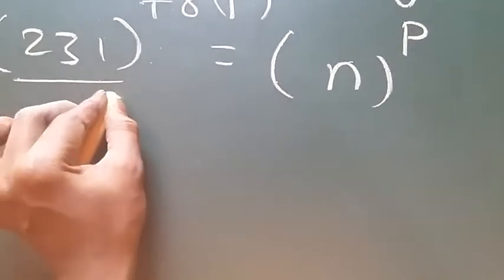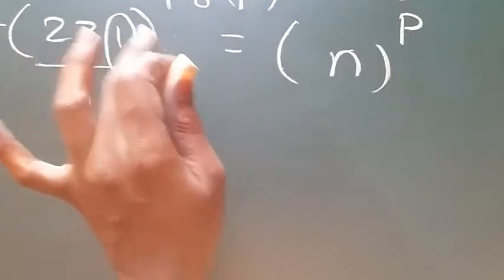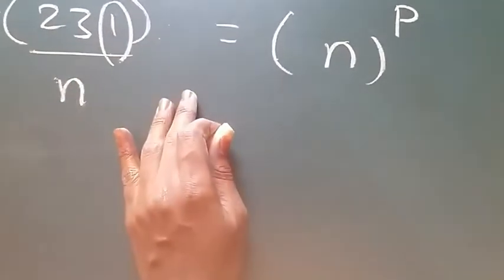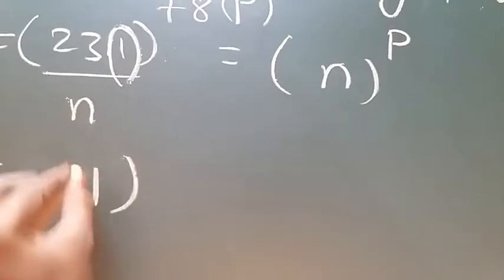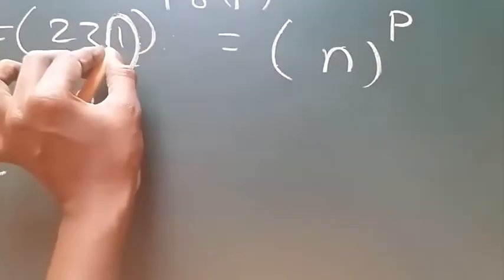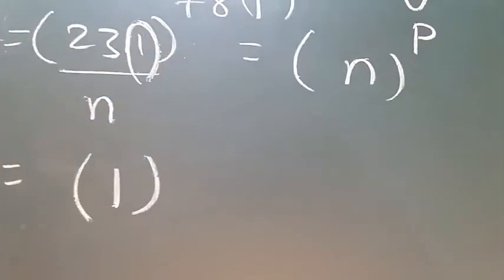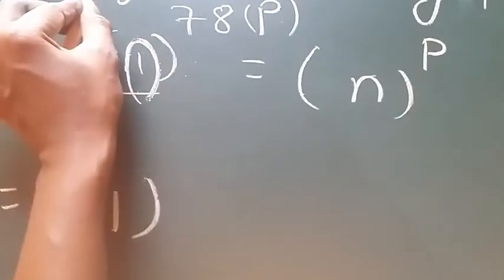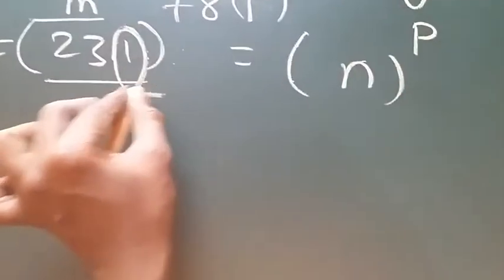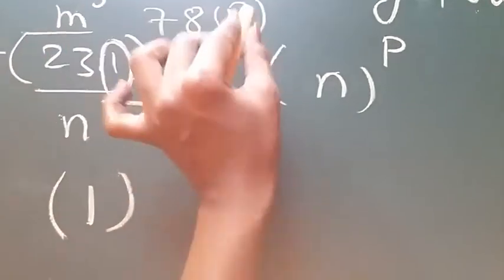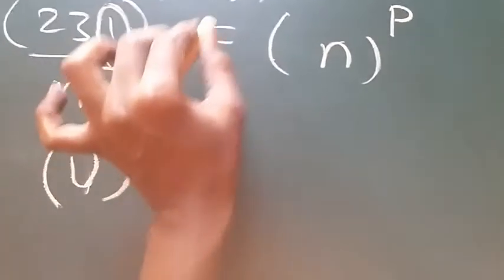Units place means what? Unit digit. Here the unit digit is 1. The digit which is in the units place is called the unit digit. 1 is in the units place. Here we want to calculate the units place, so take only 1, that is the units place, and forget about the remaining number. Let us call the remaining number m. Forget about m. Concentrate on only the unit digit u and the power. Here the unit digit is u and the power is p.